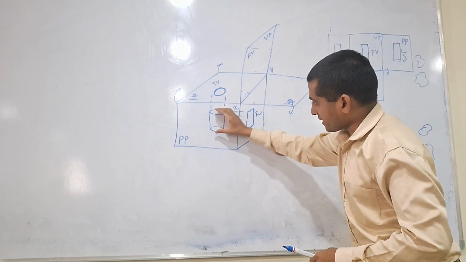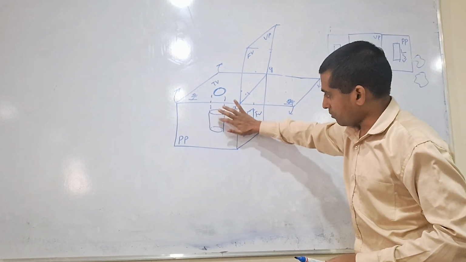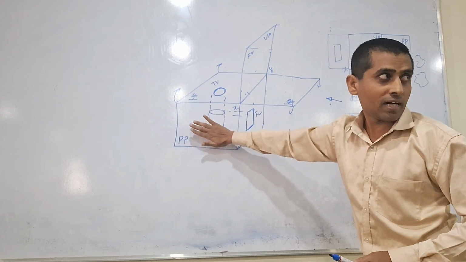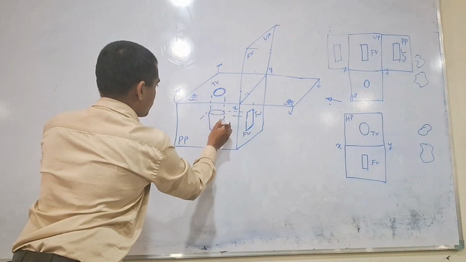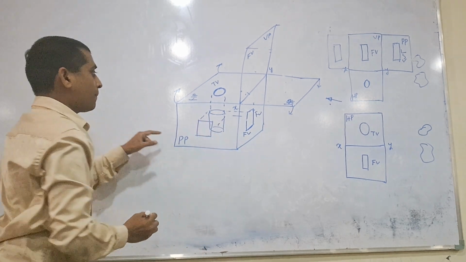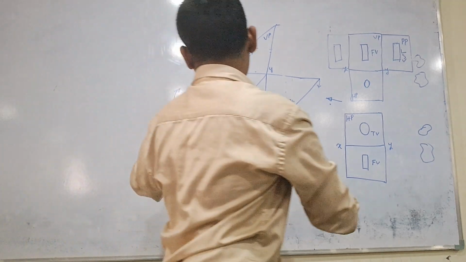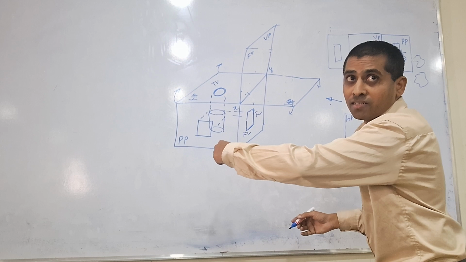And this is projected on PP here. Is it clear? Right now this PP plane is transparent. Understood now? Now this is projected here as a rectangle. This is the side view. Which side view is this one? Right side. Which side view is this one? Left side.